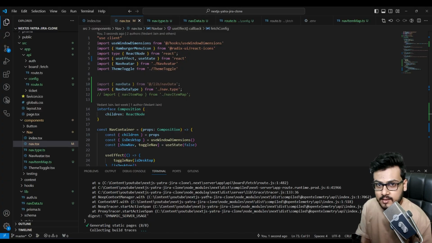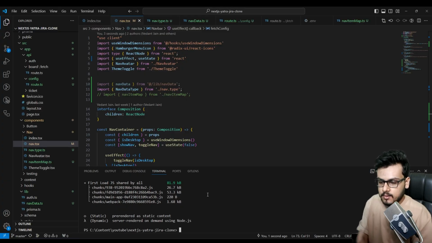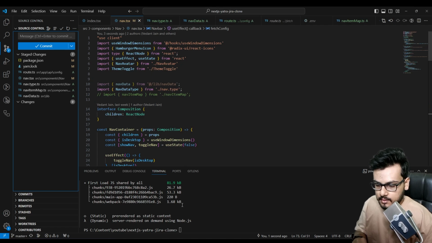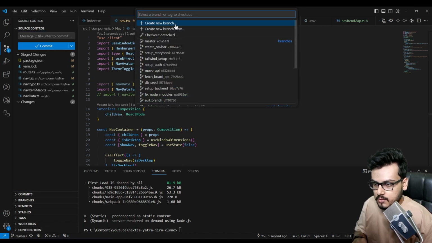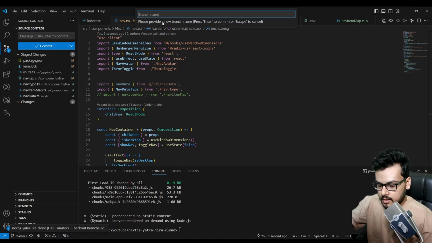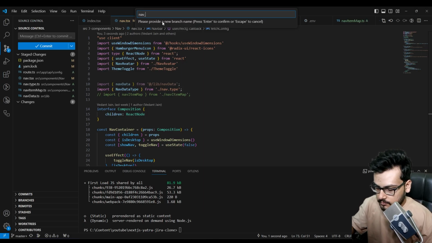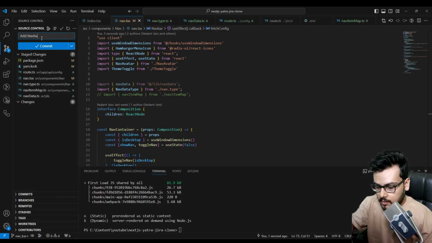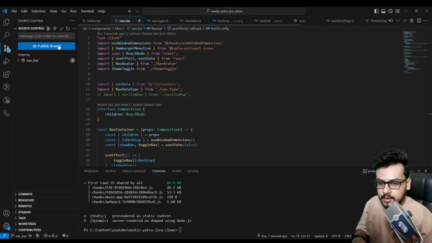And boom, I can clearly see that the checks are passing and we are really good this side. So I'll just hit add over here. I'll create a new branch, and I'll call this Navbar. Then the commit would be add navbar, hit commit, let's push,